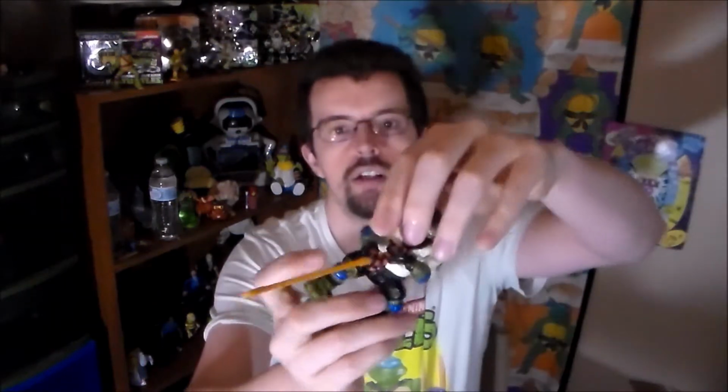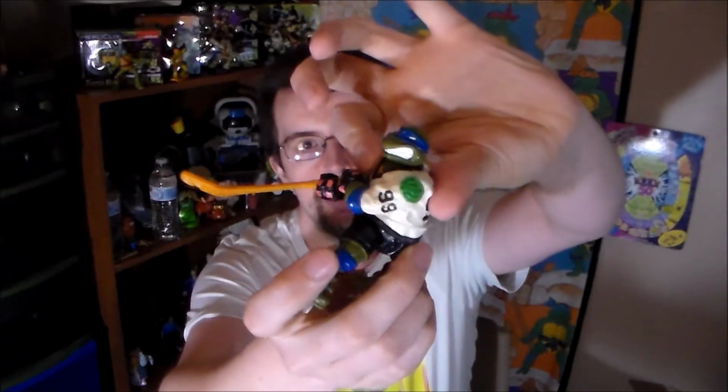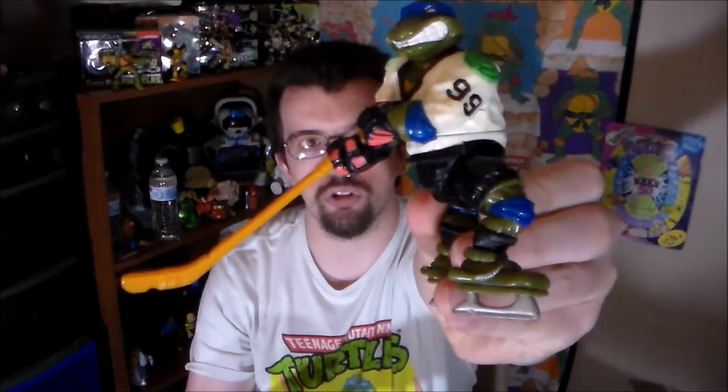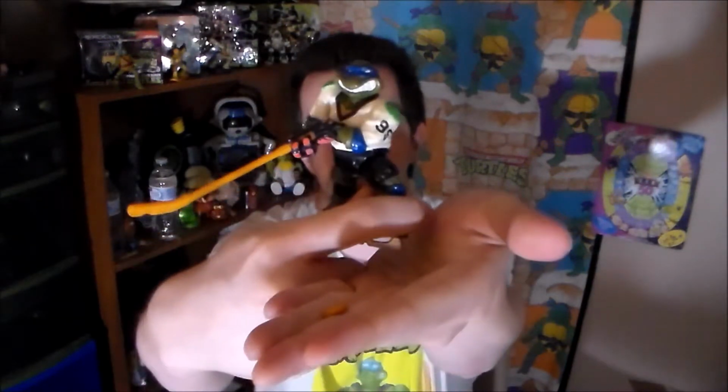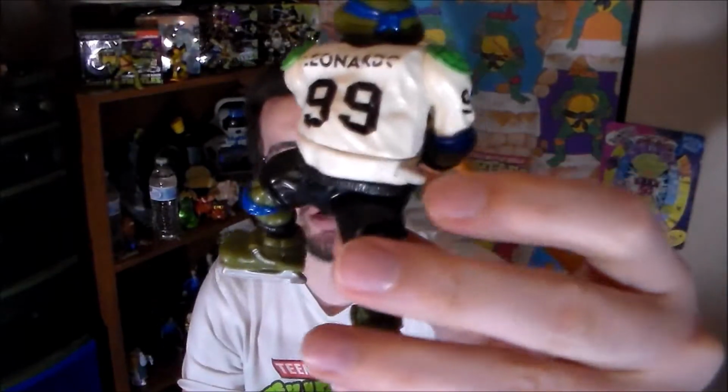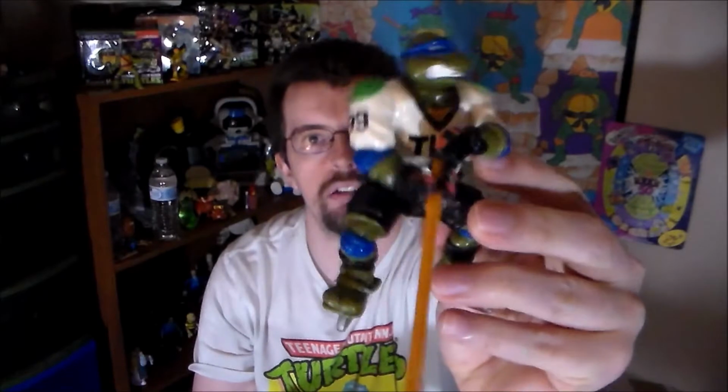So you would take him and twist his top like this until he clicks into this unnatural pose, like his top half is facing the wrong way. And then you would take the little hockey puck and place it in a spot where he would hit it. And of course, with the press of this little button sticking out of his side, he swings around and he would send that hockey puck flying into infinity. Now, when it comes to these particular sports turtles, I'm going to say that Leonardo here...